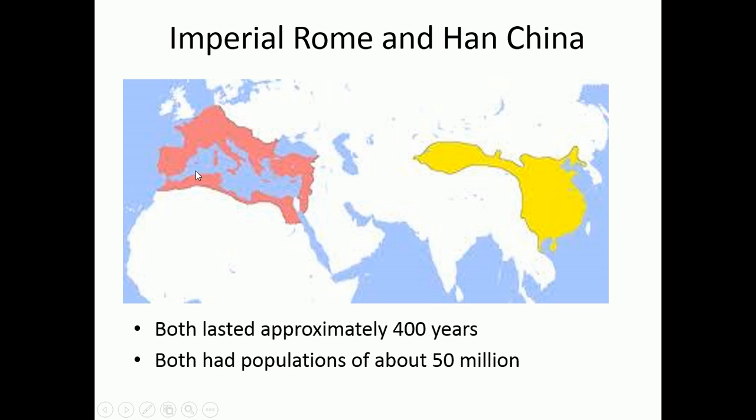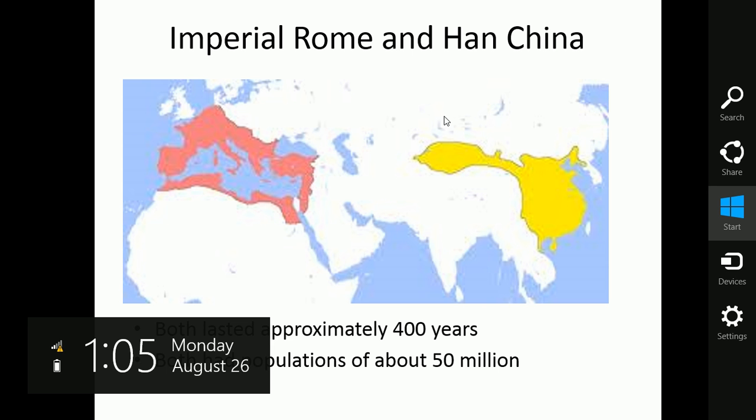This is a huge advantage for Rome. As you can see on the map, they have this massive inland sea that they're able to trade around and transport grain, for example, very easily from Egypt, which they owned, all the way back to Rome, a city of about 1 million people, which was really fed out of the wheat produced here on the Nile River. So they have this awesome advantage. Over here, you can see that China has none of that awesome inland sea advantage. So that was a bit of a hamper to their economic abilities. All right.